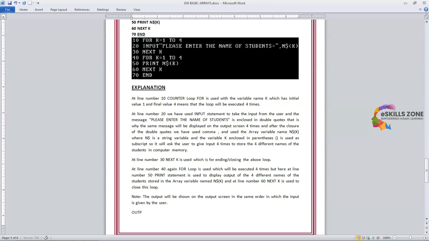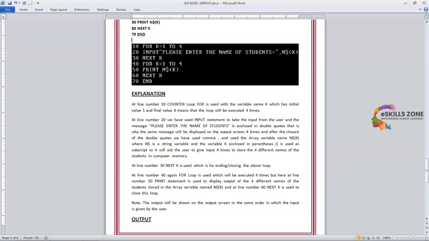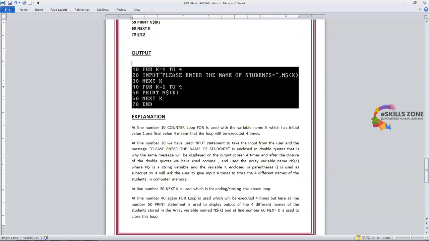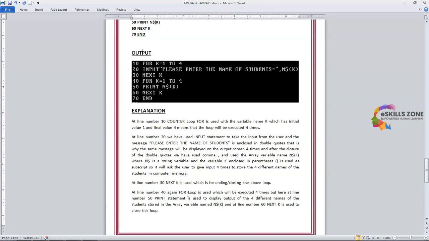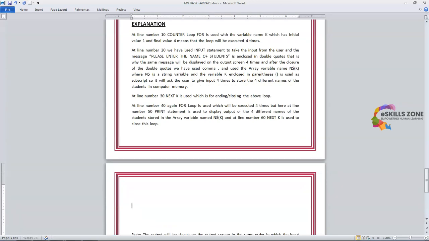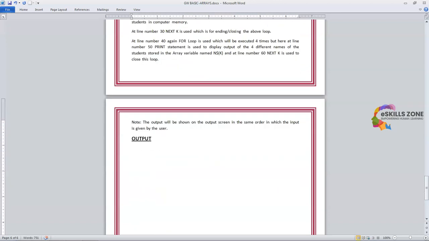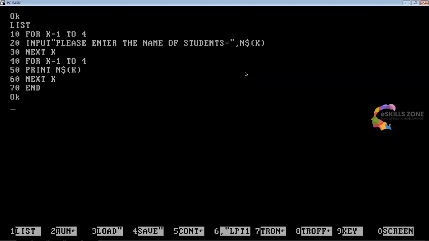So let's show the output. It was a program, it was the explanation. Now I'm going to show you the output. So we'll show the output over here, the same program. First let's switch to the IDE of the GW-BASIC program where we have executed the program. So here we are, we will run this program, press the F2 key,